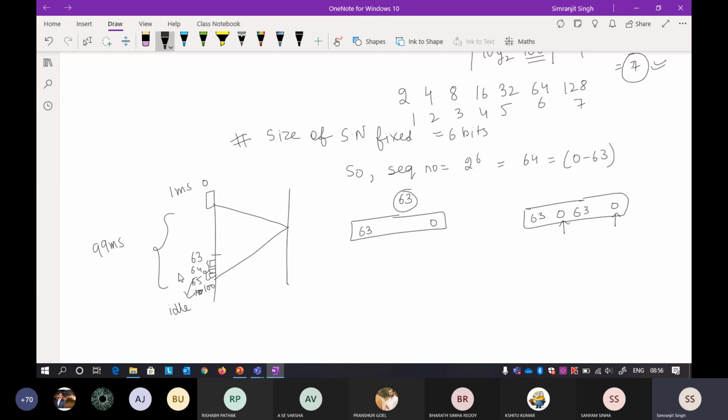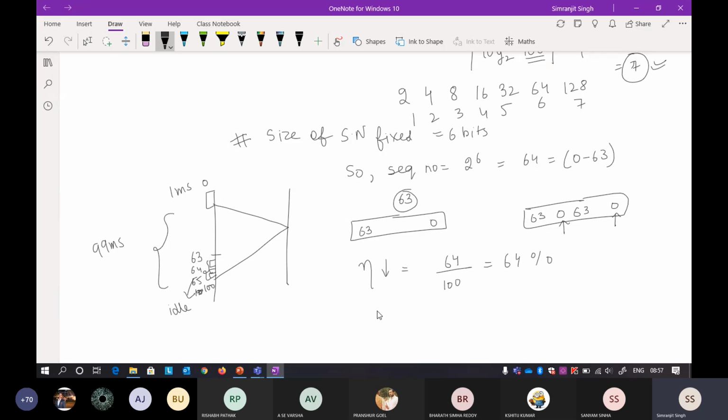So for this amount of time you will still be sitting idle, and for that time your efficiency will go down. Actually your efficiency will be very low. If I try to find the efficiency, you are using 64 milliseconds out of 100 milliseconds, so the efficiency will be 64%.